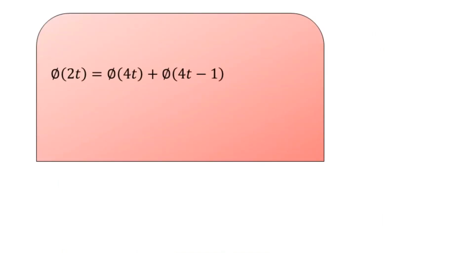We shall show you phi of 2t can be represented as phi of 4t added by phi of 4t minus 1 here. So for phi of 4t you will have the time interval 0 to 0.25. Here you will have 0.25 to 0.5 here. So originally phi of 2t is spanning for 0 to 0.5 only, half of the interval as compared to the original Haar